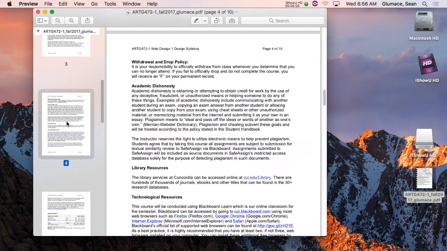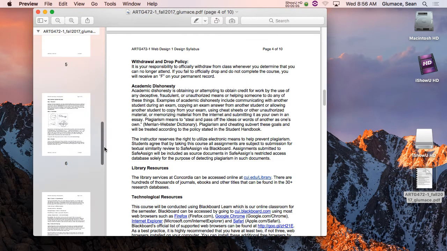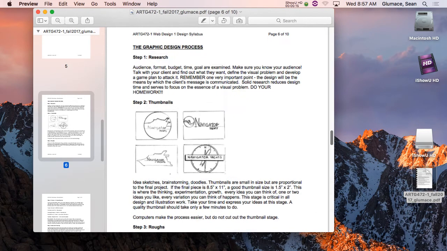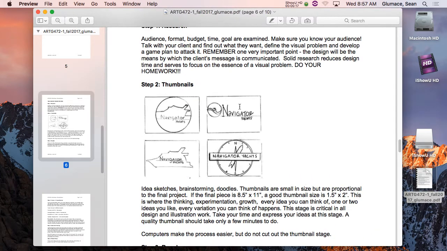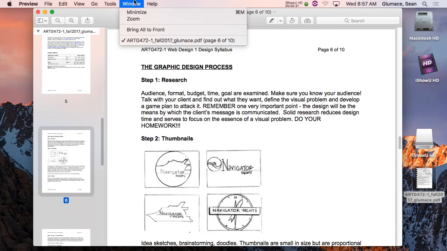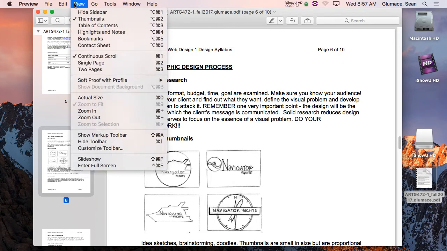All right, so today we are going to go through and talk about the graphic design process and then the web design process. And hopefully you've been doing this in your other classes, or maybe you just figured it out on your own, or you might have learned it in high school, or if you're working somewhere, you've done it as well.